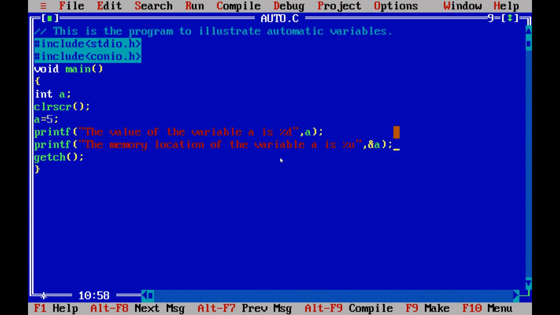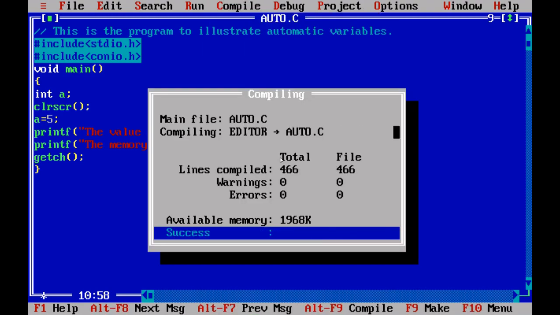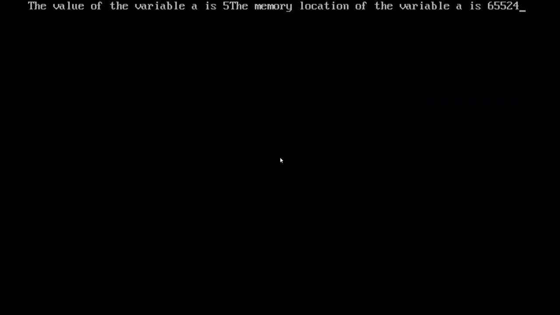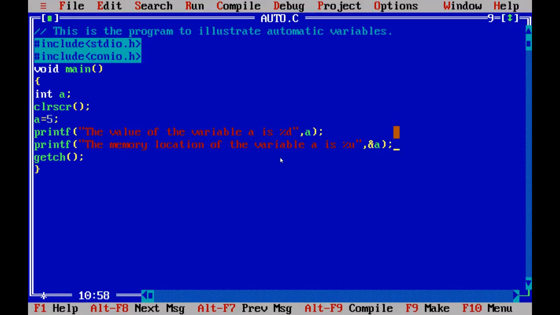Now check the output. First I am compiling my program and then running it. You just see here the value of the variable a is 5 and the memory location of the variable a is 65524. It means you are getting the address of that variable. This address itself shows that the value of the variable a is stored in the memory locations. Okay, this is by default.